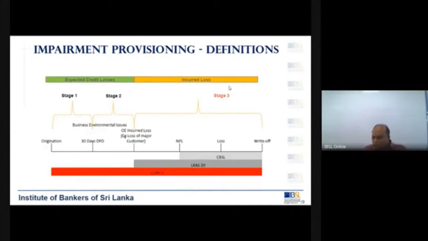Okay. So according to the current rules, which are governed by the central bank, the banks are required to make provisions based on the guidelines provided by CBSL. Now, when we say guidelines provided by the CBSL, as of now, there are time-based provisions. We call it time-based provisions. So, if the customer or the borrower doesn't pay for a certain period of time, you start making provisions. That is how the current practice is.